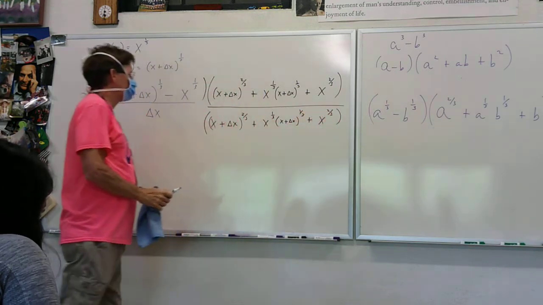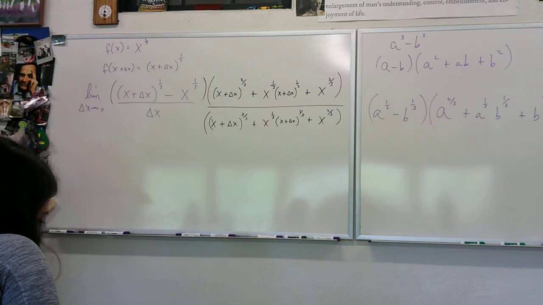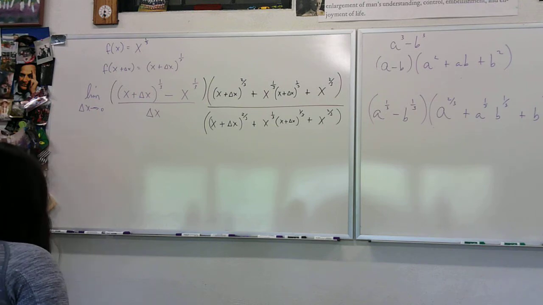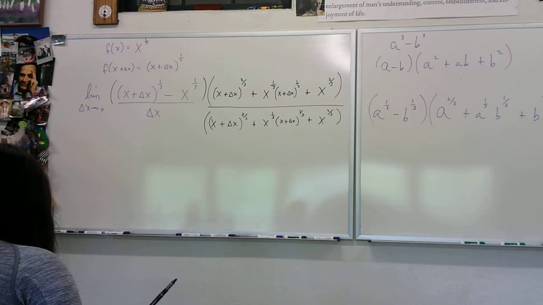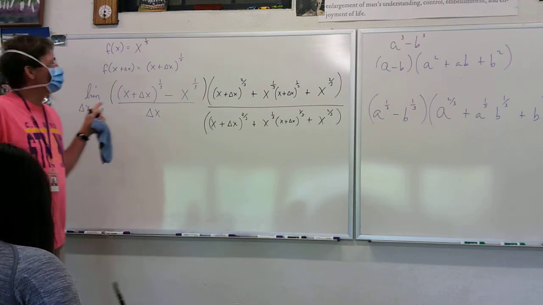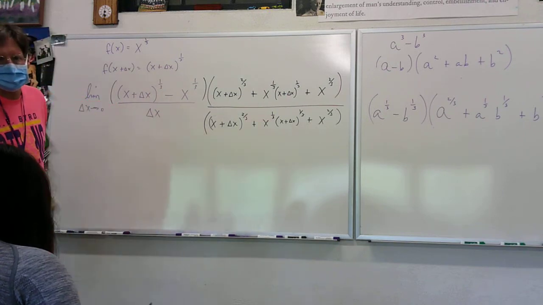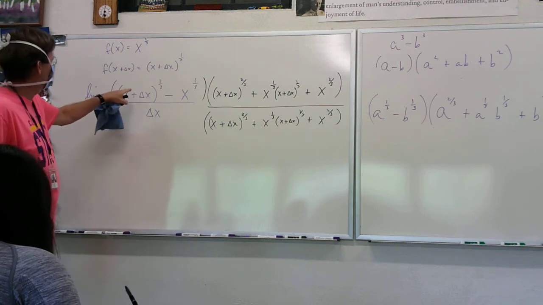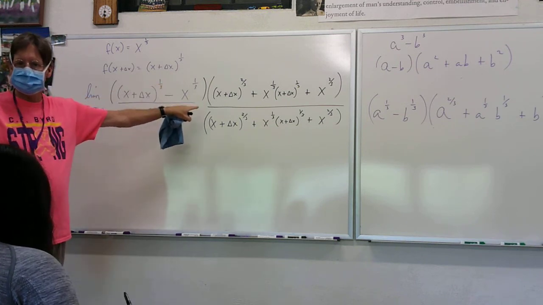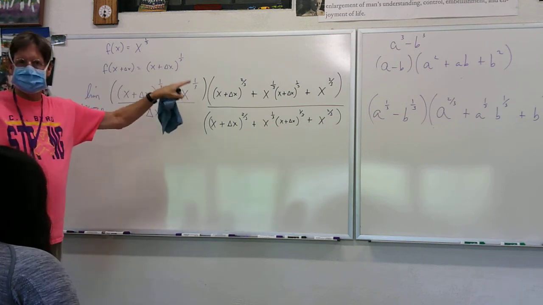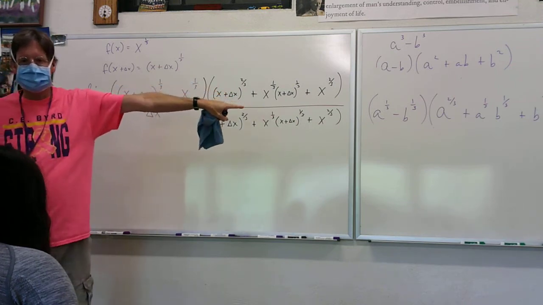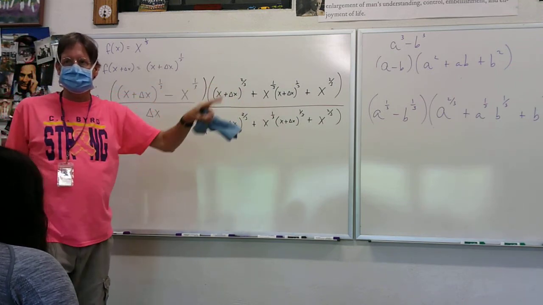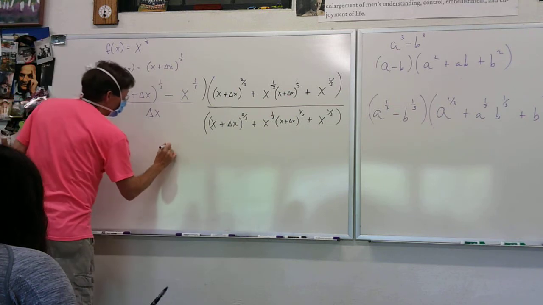All right, so I multiply out the numerator. And do I really have to? When you multiply out the numerator, you don't have to multiply it out because you already know what the result is going to be. It's going to be what? A minus b. That's the reason right there we know that's going to make what? A minus b. So we get limit